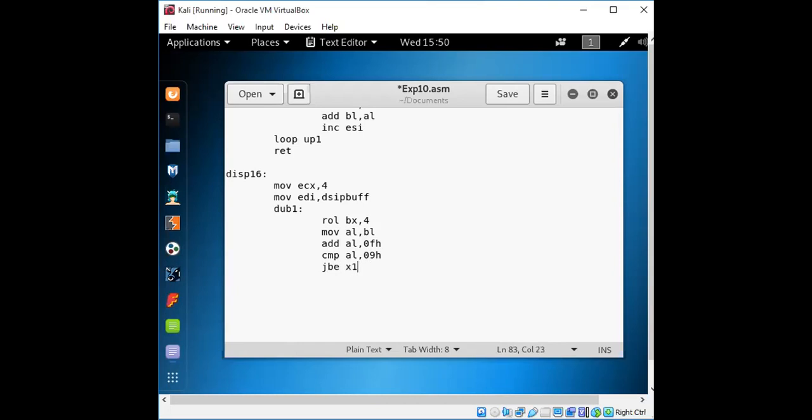Jump it below, or else we can add directly. The last value which we are going to get, which is in the final output, with the content in EDA.